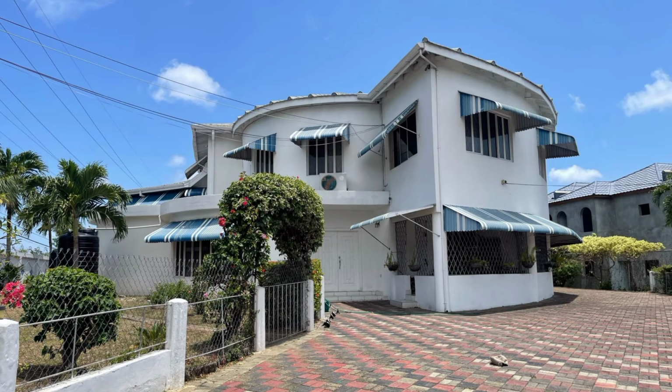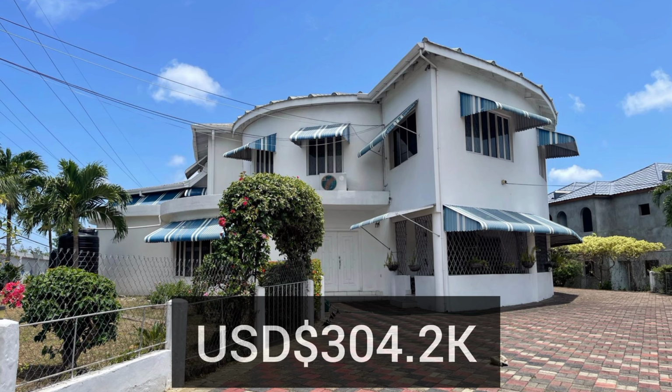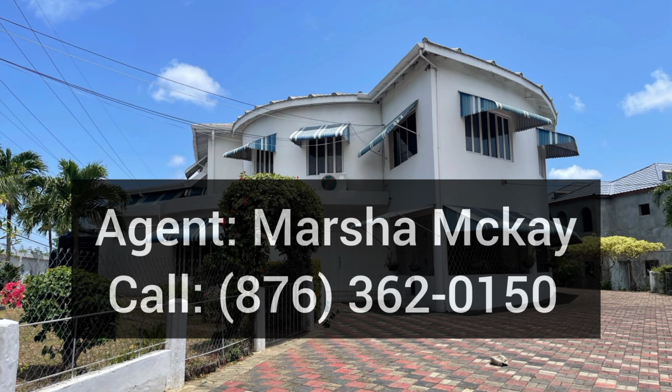The asking price for this house is Jamaican 48 million, US 304.2 thousand, Canadian 435.4 thousand, Euro 279.4 thousand, or 236.4 thousand pounds. To purchase or make an offer, please take a look at your screen,